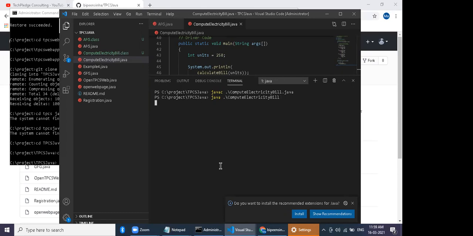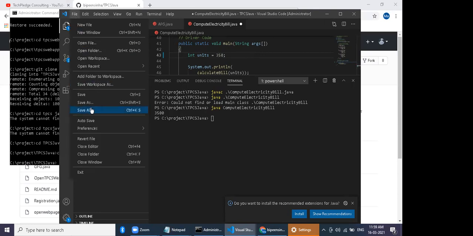Hit enter. 3500, right? Now change the unit to, let's say, 350. Above I have given a dollar price, so it will change. Yeah, save it. Save all.